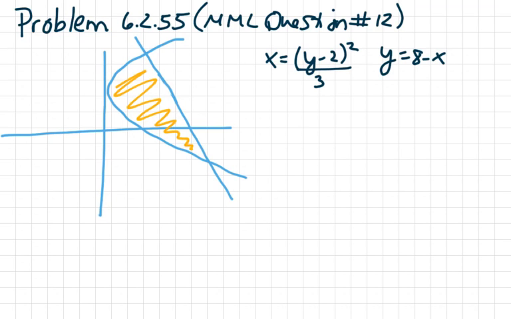Problem 6.2.55 is question number 12 on MyMathLab. The picture that I have drawn is not to scale, so just a warning. It's tough to get a to-scale picture on here with this graph paper, but the diagram looks like this, and the equations that you're given were here. So you have these two equations that were given, and then you're asked to pick which way you want to